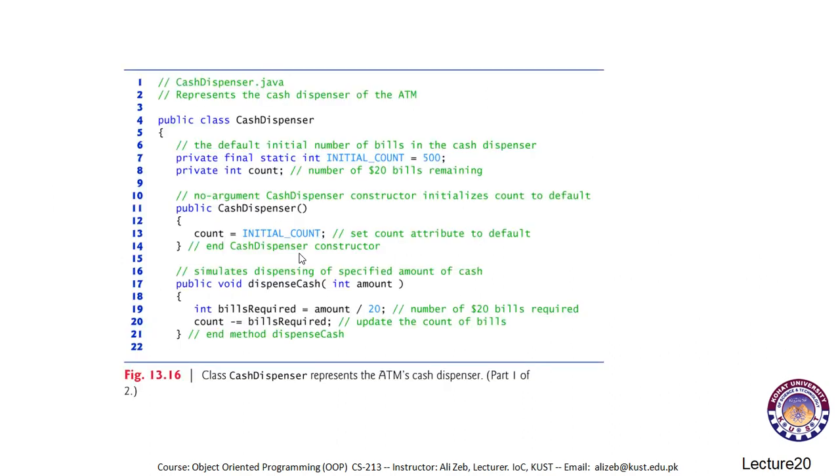To code the cash dispenser class, we have an initial count of the number of notes that we can have in the ATM machine. We do not want the user to change this value, so we have made this final and static, and we have a variable, the count attribute, set to default. Since we cannot change this initial count variable, we need the count attribute